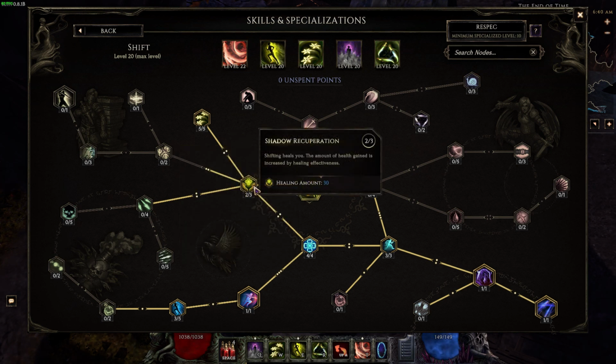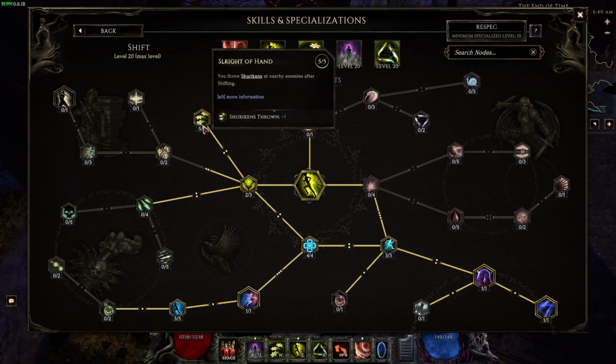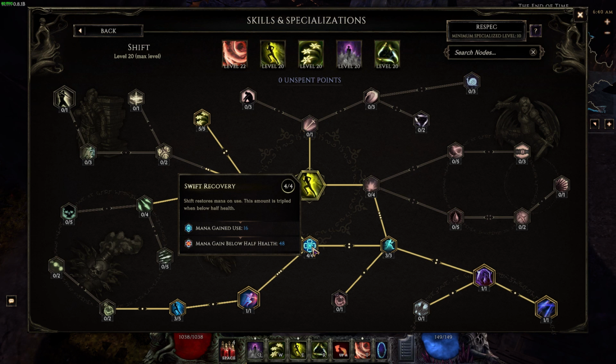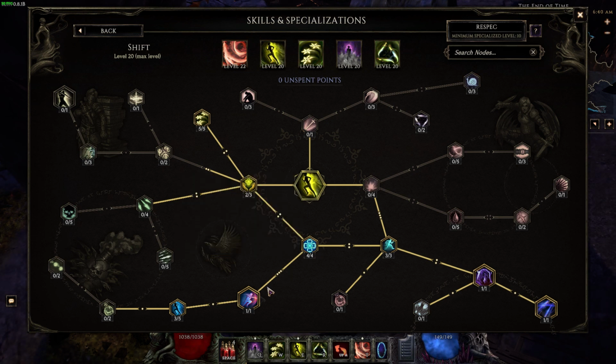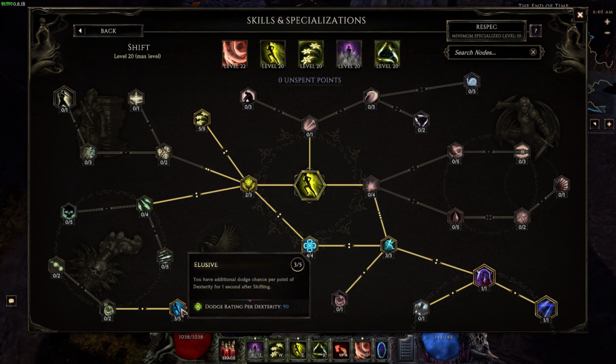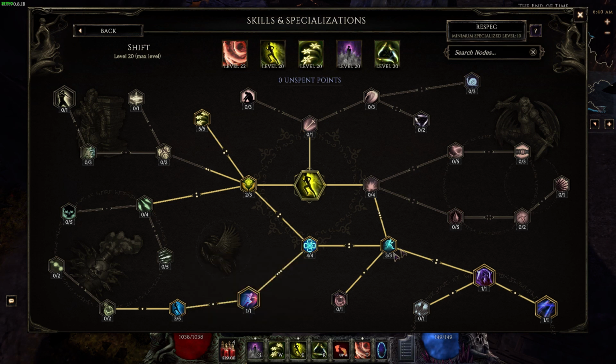We have 2 points in Shadow Recuperation for some healing, 5 points in Sleight of Hand for 5 Shurikens thrown, 4 points in Swift Recovery for mana gained on use of it, so you get your mana back, Shadow Slip so you're invulnerable while shifting, 3 points in Elusive for dodge rating per point of dex that you have,